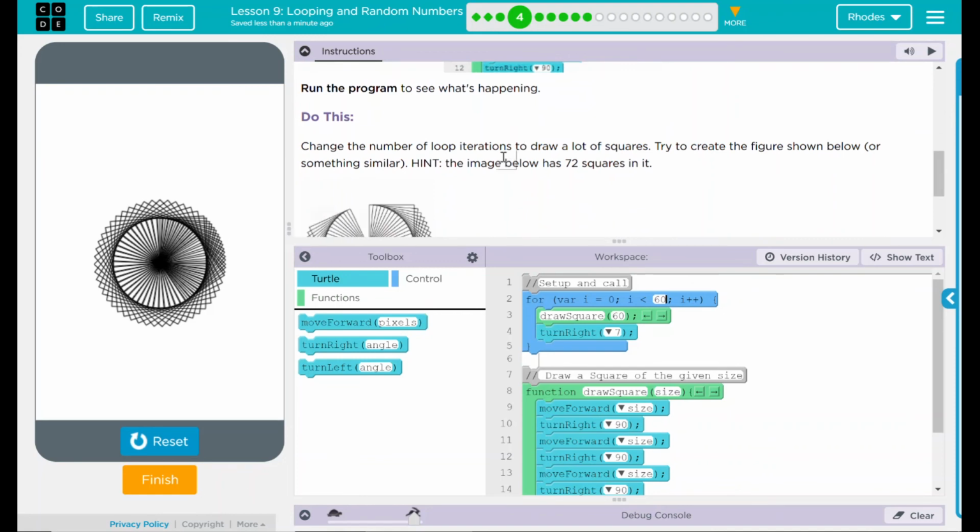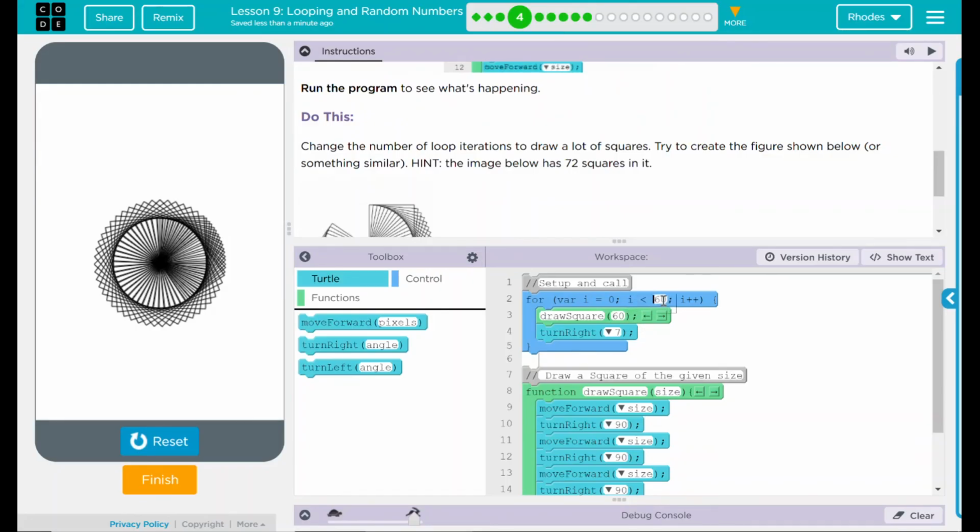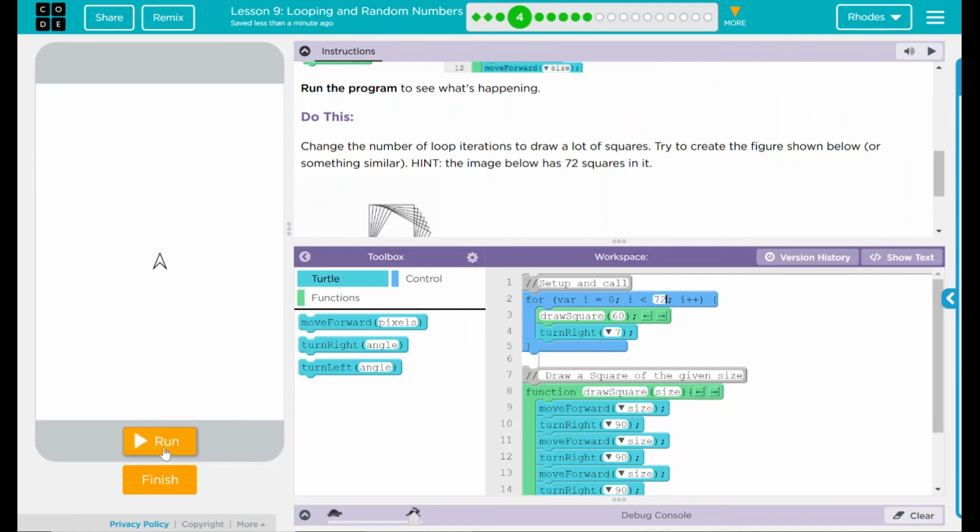All right, let's hit finish and see what code.org says. Oh, it wants 72 in the loop. Let's make sure we put 72 in there. Reset, run,